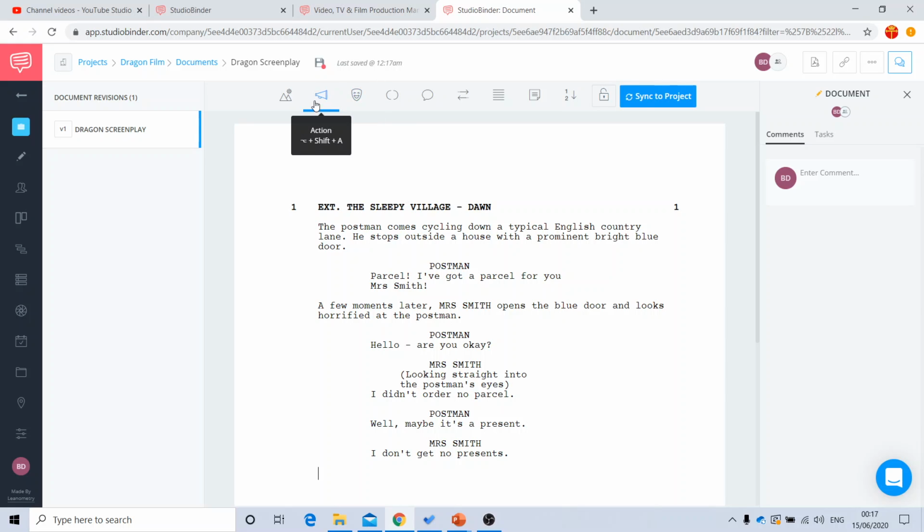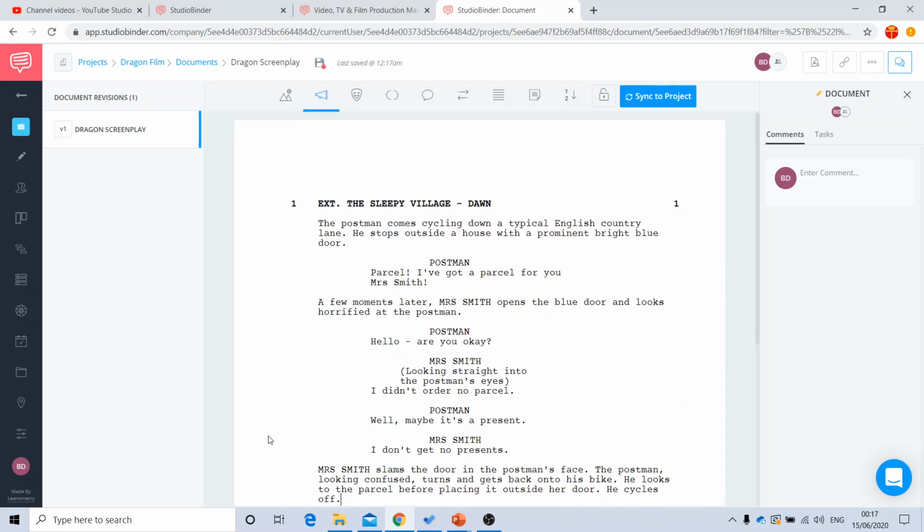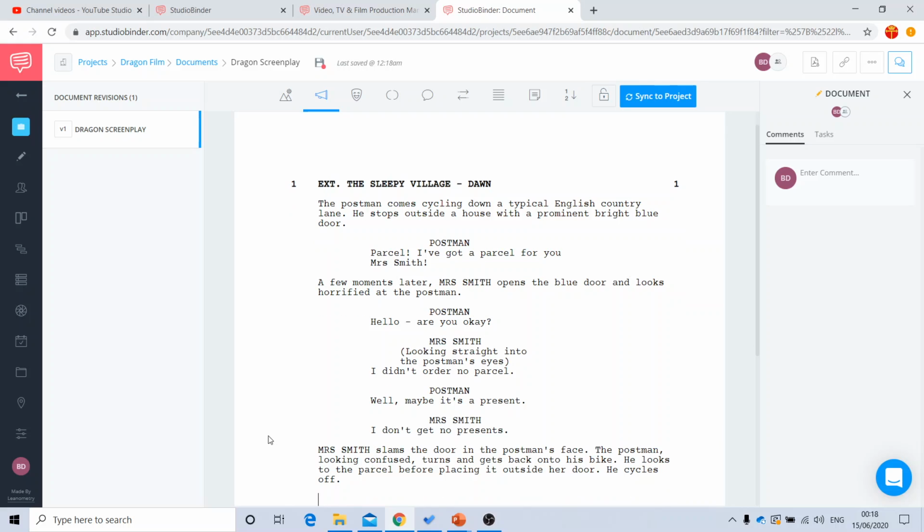It's taking me back to action because I want some action now. Mrs. Smith slams the door in the postman's face. This is very odd. The postman, looking confused, turns and gets back onto his bike. He looks to the parcel before placing it outside her door. He cycles off. Right, now imagine that's the end of my scene, and sometimes we do have very short scenes